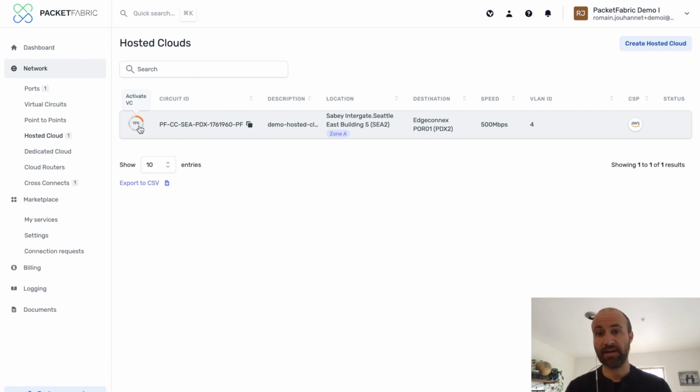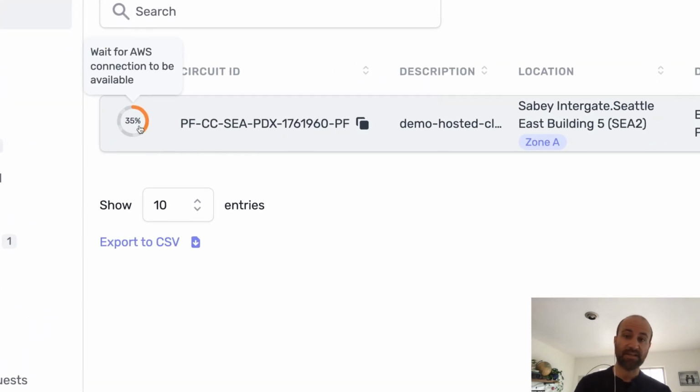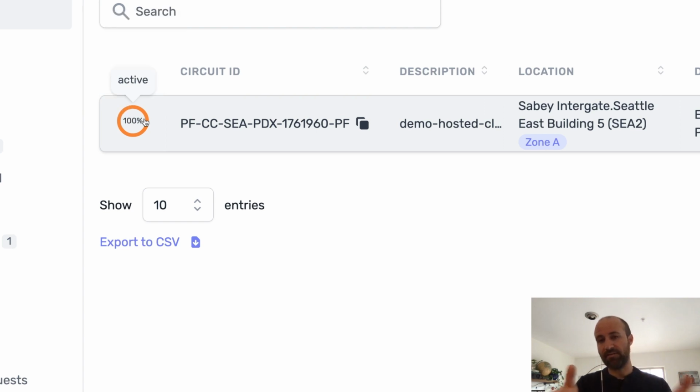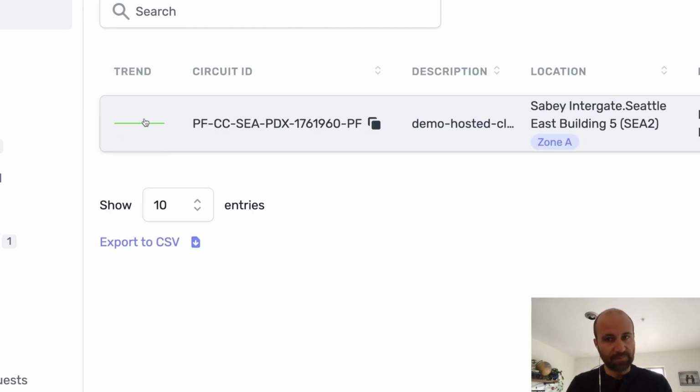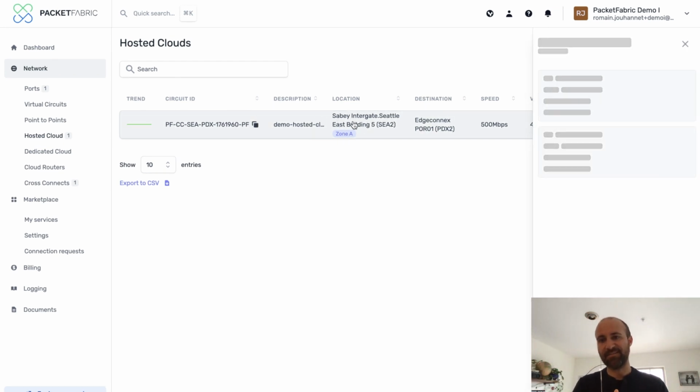From there, I am on the PacketFabric portal, and you can follow the different statuses. Here we're creating the connection on our side, on the PacketFabric side, and then here are all the different steps, which is essentially a lot of waiting time because things take time in AWS. Either it's accepting the connection, creating the VIF, or doing the gateway association, which also takes some time. So you can follow everything from here. And here I did speed up a little bit because it does take 10 minutes, not because of PacketFabric, actually because of AWS. It takes some time, like I just said.